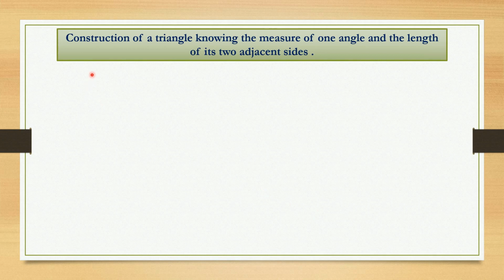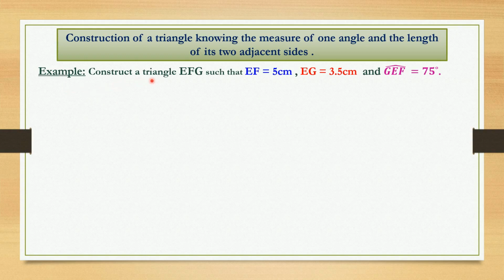Now let's continue. Construction of a triangle knowing the measure of one angle and the length of its two adjacent sides. Example: construct a triangle EFG such that segment EF equals 5 centimeters, segment EG equals 3.5 centimeters, and angle GEF equals 75 degrees. So here, if you notice, they gave us the measure of one angle and of its